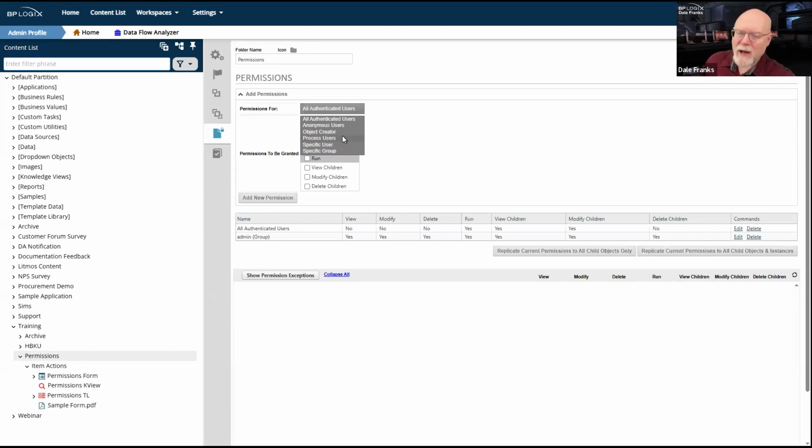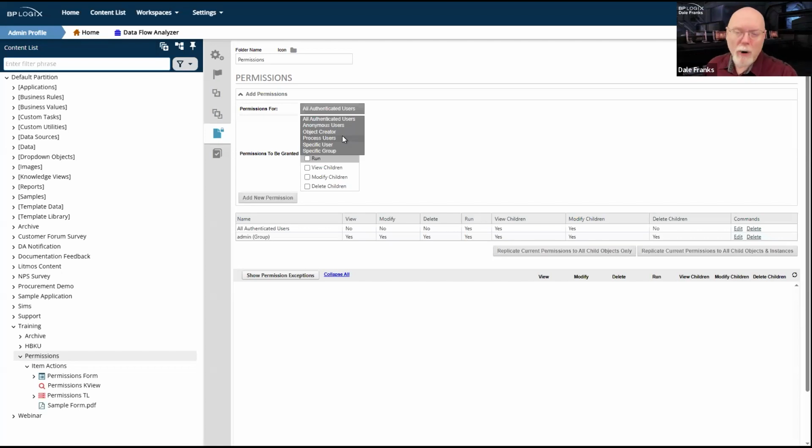So if I assign a permission to process users, a regular user may not ever have those permissions because they never participate in a process.